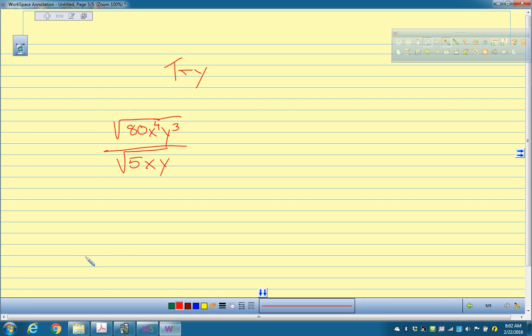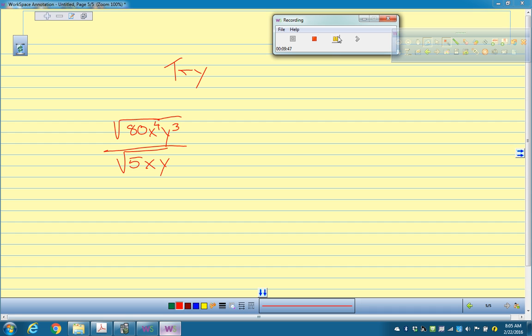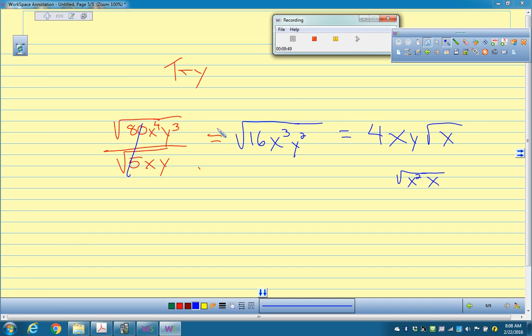See what you can do with that one. Okay? Ready? For the viewers out there, this was how you do it. You go like this, divide, pull things out of the square root sign, and that's the answer. Okay? Moving on